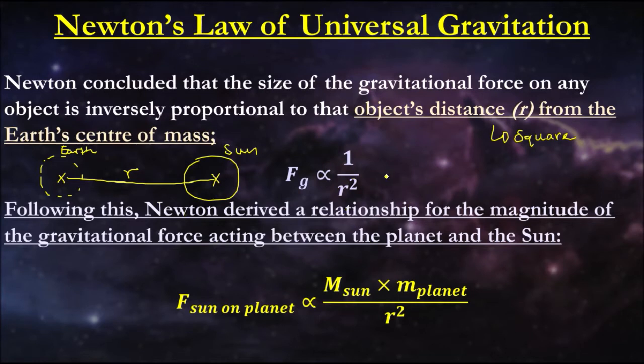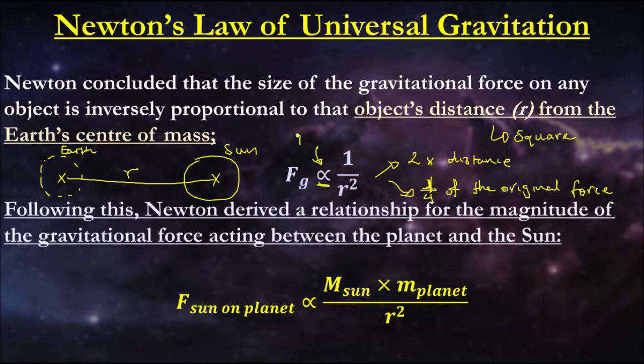What that means is if we increase the distance by 2, we actually decrease the force of attraction by 4, or it becomes a quarter of the original force. So that's what we're showing. This sign here is what we use to demonstrate that there is a proportionality relationship between the two quantities. He also found that the magnitude of the gravitational force is also